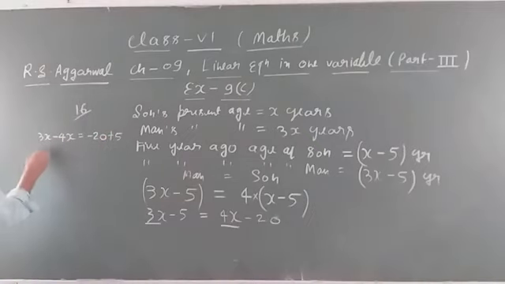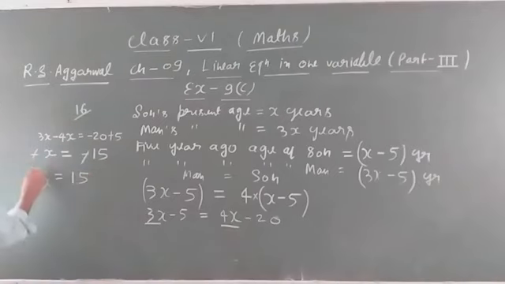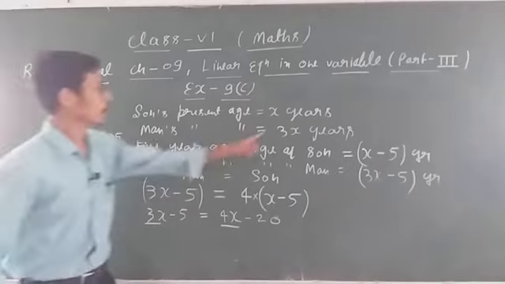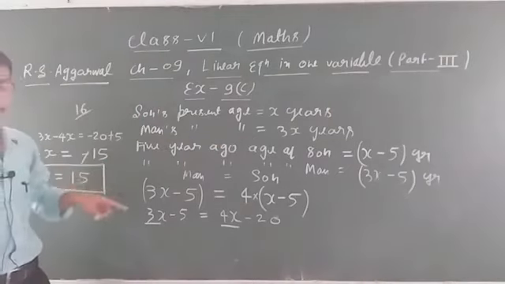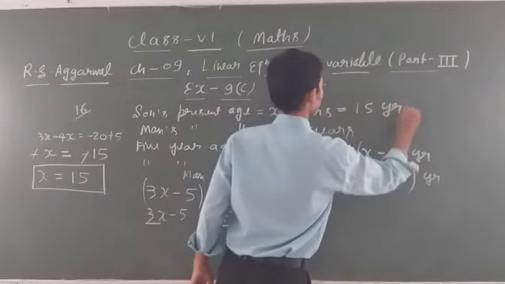Clear? Now here minus x it will become, because plus minus minus, and the sign of the greater integer, and equal to minus 20 plus 5, that is minus 15. Clear, student? Minus minus you can cancel out. So this is the value of x. So what is x, student? X is the age of son. The son's present age will be x, that is 15 years.